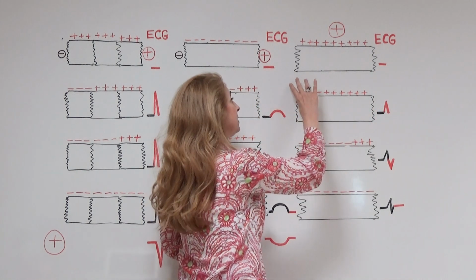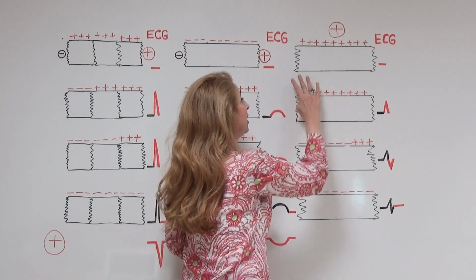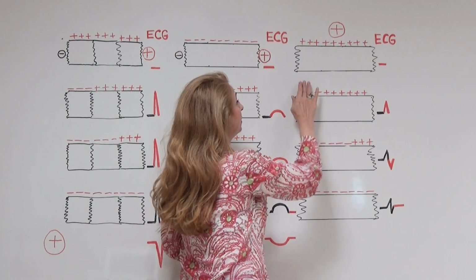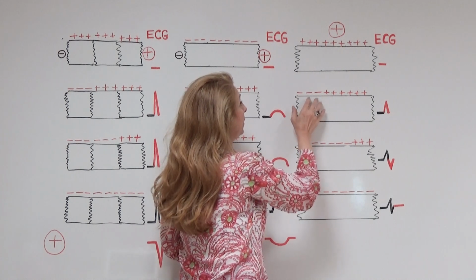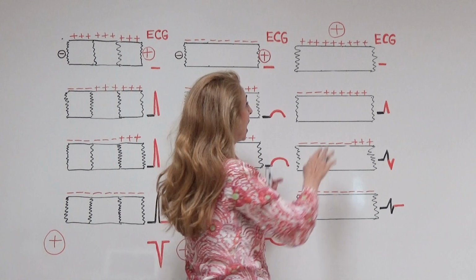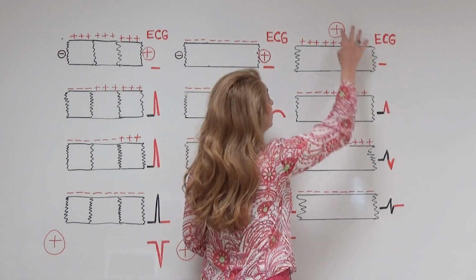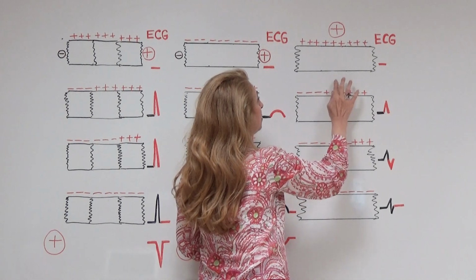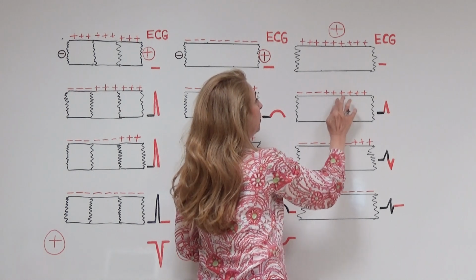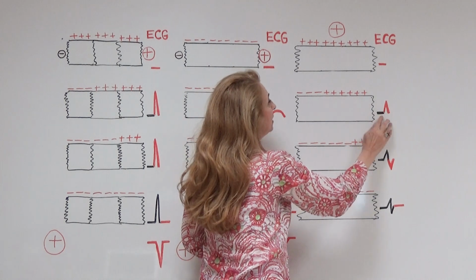If the polarization starts from the left side, a dipole is going to form because on the left side the cells at the polarized condition will be negatively charged on the outside. So our positive electrode is here. There's a dipole, it is on the positive side of the dipole,